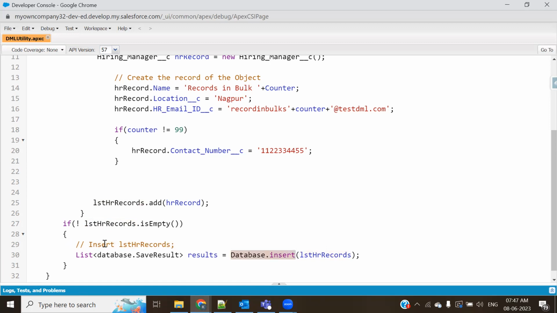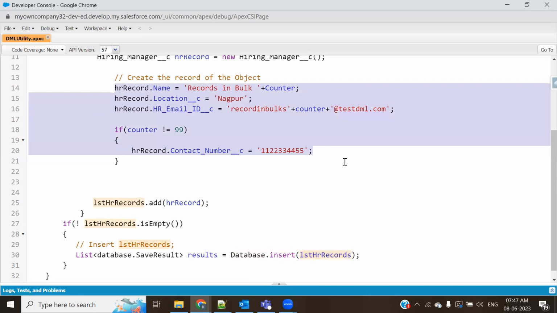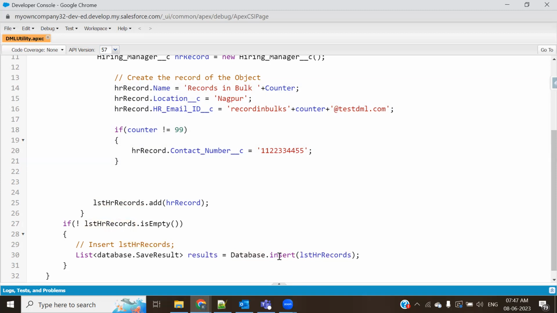Instead of using the plain insert statement, I have used database.insert. Inside database.insert as well, I have given the name of that collection. This is the collection where I have collected all of the records which we have created and wanted to insert. So whenever database.insert or update or anything executes,